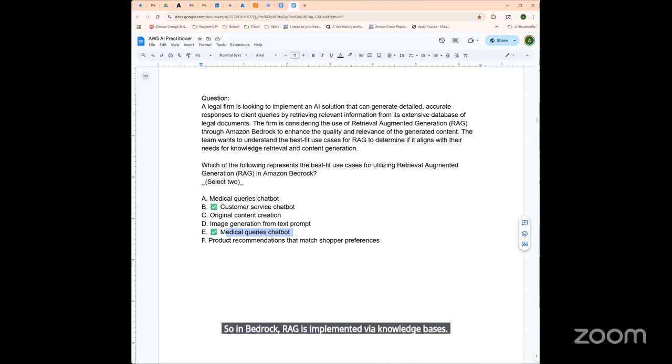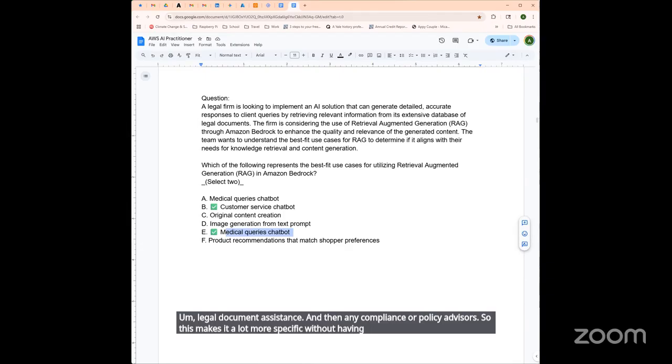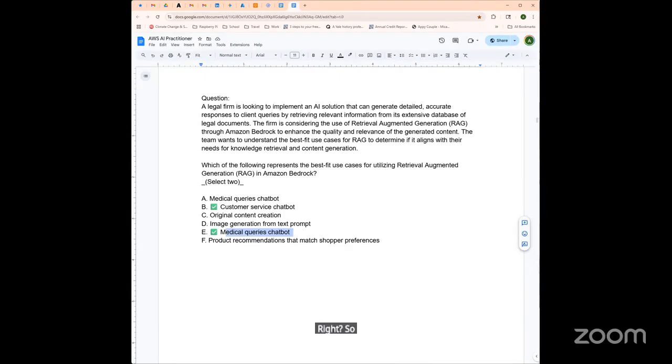And if you enable this, you can have a scalable pipeline from data ingestion to augmentation and retrieval, especially for question answering over proprietary content. So AWS recommends using RAG for chatbots, legal document assistance, and then any compliance or policy advisors. So this makes it a lot more specific without having to change the model, right? So this aligns with the legal firm's need to use Bedrock.